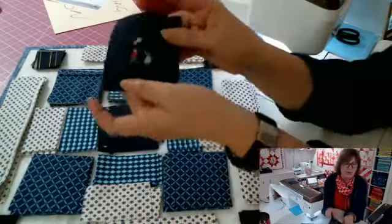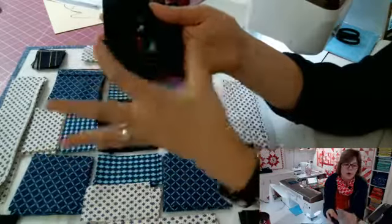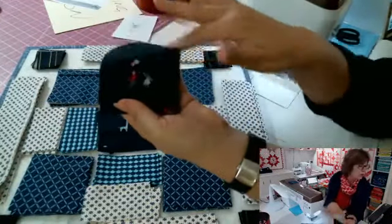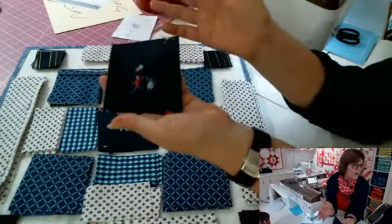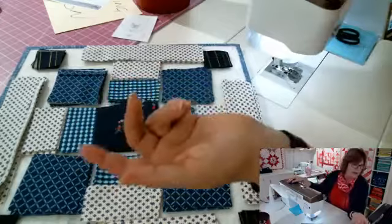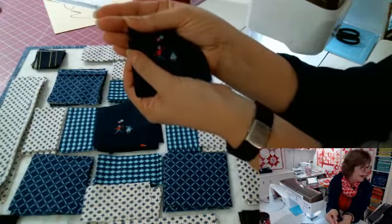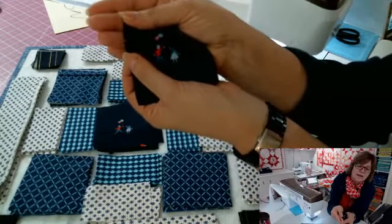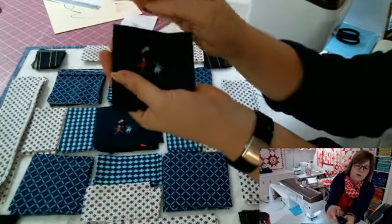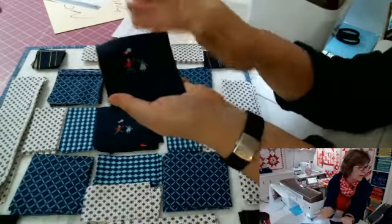First of all, though, I want to tell you that when you're fussy cutting from this print, these guys are scattered. They're not all packed together. They're pretty widespread all around the fabric. So in order to cut them, I would put the ruler, and then trim around. Well, the problem is when you do that, sometimes you slice past. You have to be careful, because what I found tonight when I was setting this up, let me show you this. Can you see where I cut into it? You see this part where this finger is? I actually had cut past a 1/4 inch, and I hadn't noticed it because when it was laying flat, you didn't see it. So this guy will be cut down to a 2.5 inch square and then put in my bin for